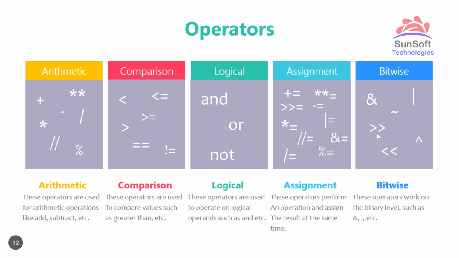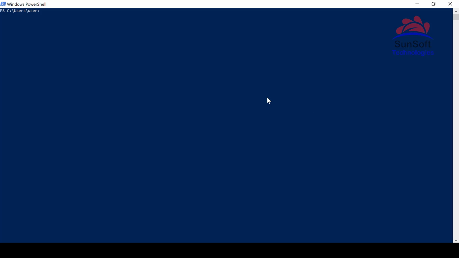Now see, the bitwise operators work on the binary level. They work on each bit of any numeric value. So we are going to work with, see, we can do this as well, but you won't understand how it actually reached the conclusion of 2. So 10 and 3 is 2. How is that possible? So now we'll see it on the bit level.